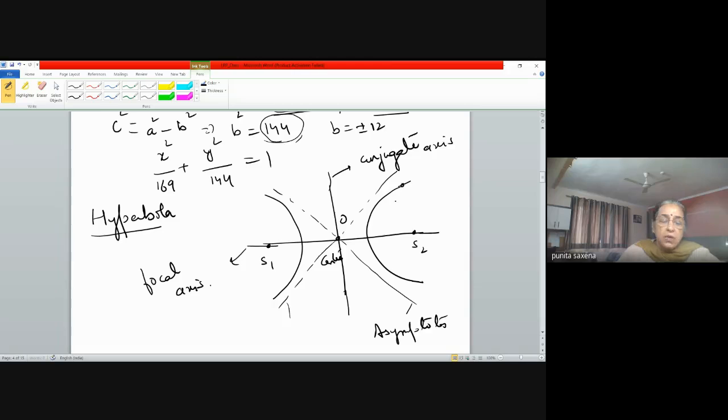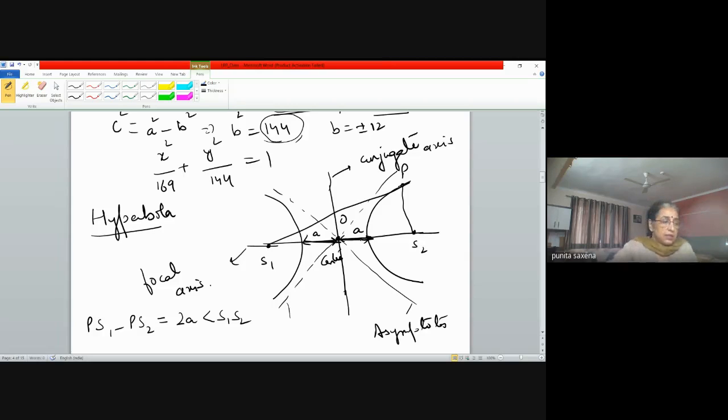And we say locus of a point P, such that, what do we have? So in this case, we don't have a sum. We have PS1 minus PS2 is 2A, which is always less than S1S2. यही बोलते हैं, ठीक है? And what is A? A is the distance between the center and the vertex. ये distance A units होता है